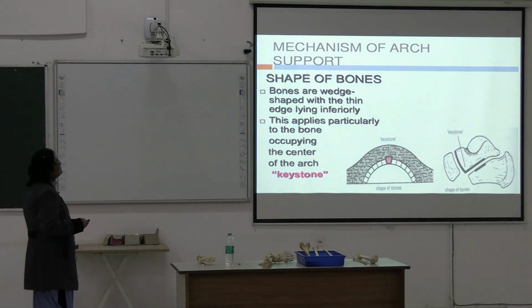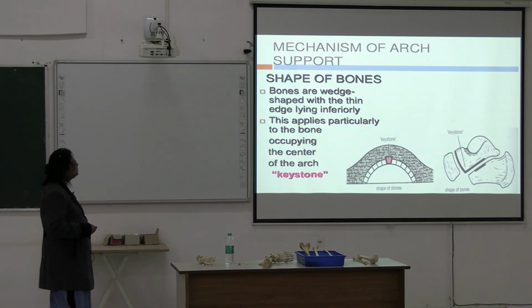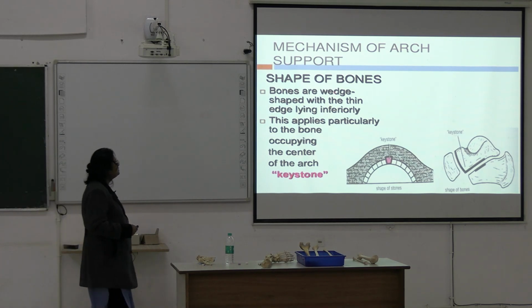Shape of the bones. Bones are wedge shaped with the thin edges lying inferiorly, and this applies particularly to the bone occupying the center of the arch, that is keystone. And we have read keystone is formed by the talus for the medial arch. So this is wedge shaped, you can see the shape of the talus lying between the calcaneum and naviculum. So this wedge shaped structure is also helping in maintaining the arch. Next,